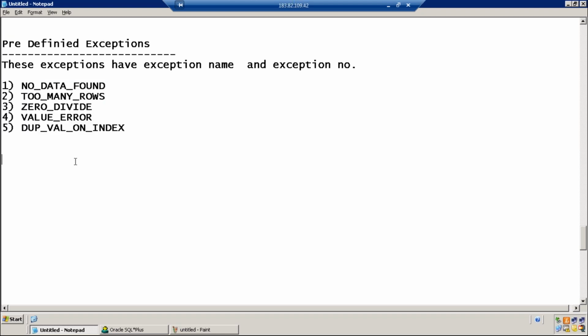Let us understand all these examples. To start with, let us understand the NO_DATA_FOUND exception. In two cases the select statements will fail, isn't it? Case one, no data found; case two, too many rows. If multiple results are coming, select will fail. When the select statement is not returning any data, it will fail, and if it is returning more than one row, then it will also fail.